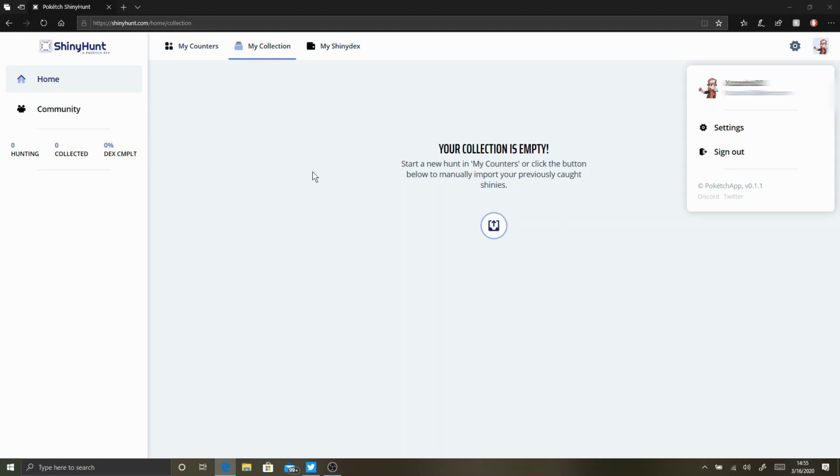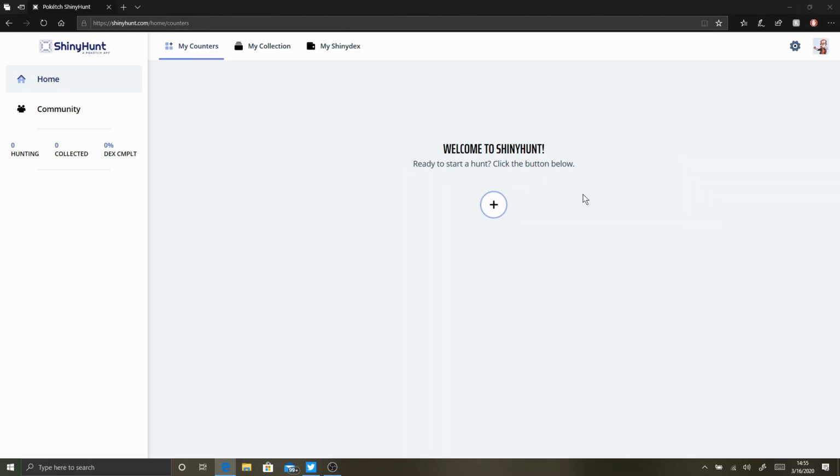And of course, you could always add your hunts in that you've previously done. So if I wanted to, I could take all of the information from the Poketch app and put it in to keep my collection up to date. That would be something you have to do by hand so far. There's no integration as of now with the Poketch app, but this is kind of the higher quality version of the Poketch app. So we're over here on my encounters,